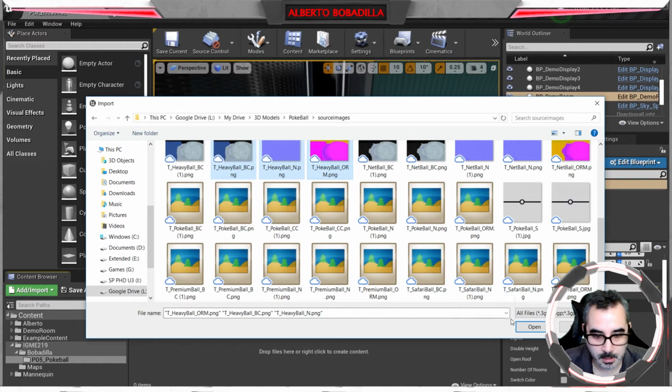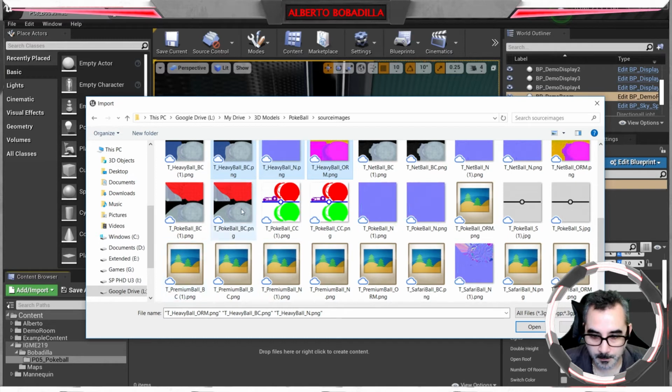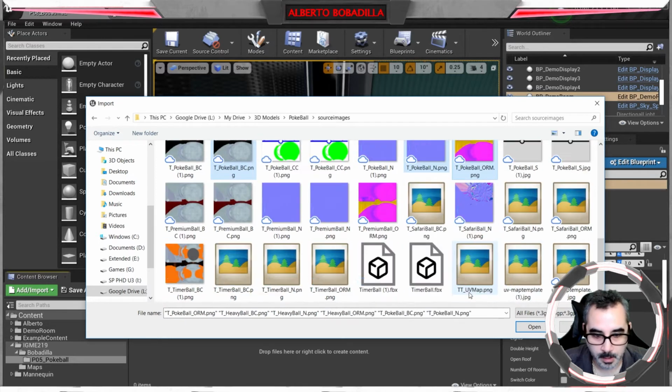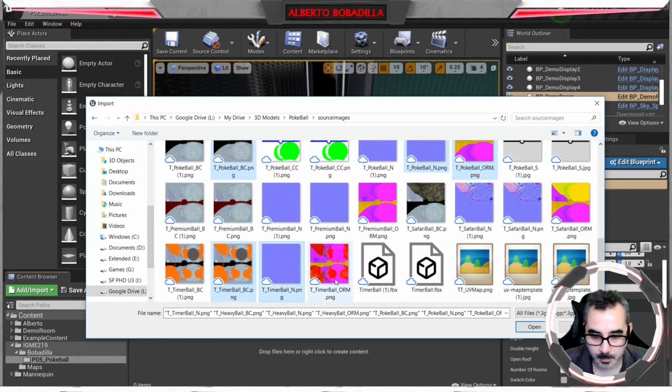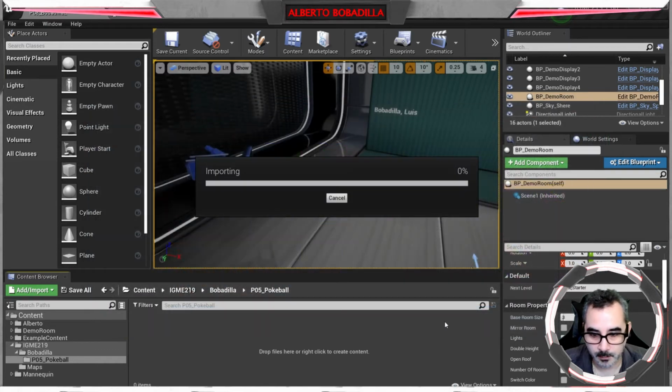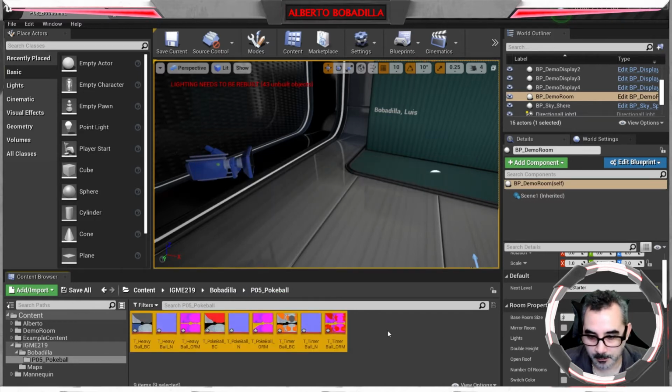Then I also did the regular Pokeball. So Pokeball base color, Pokeball normal, and Pokeball ORM. And last, I did the timer ball, and timer. So I'm going to import all of those. Just a single try. I'm going to move those files in a minute because I'm putting everything inside of Pokeball